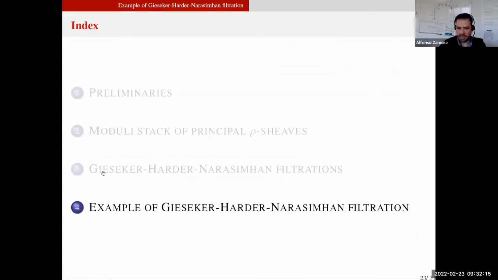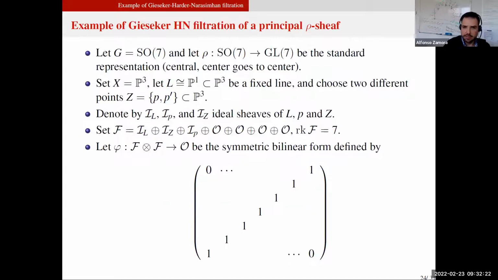I guess I'm running out of time, so let me give a quick glimpse of an example. It is not so easy to construct examples of Gieseker-Harder-Narasimhan filtrations, but let me say the following. Take a special orthogonal bundle of dimension 7, which is this F, where we have 4 copies of the structure